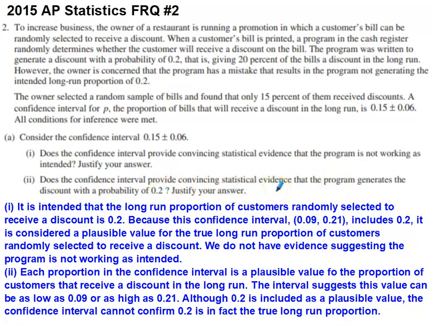Justify your answer. And if you think about it, you might initially think this is something that we've already answered in the first part of this, but this is more after what an interval does and what it does not do. The interval gives a range of plausible values where our long-run proportion is likely to sit, 0.09 to 0.21. And yeah, 0.2 is included in that interval, but the interval itself can never be used to prove that you do have a specific population proportion. So that's basically what I've said here.